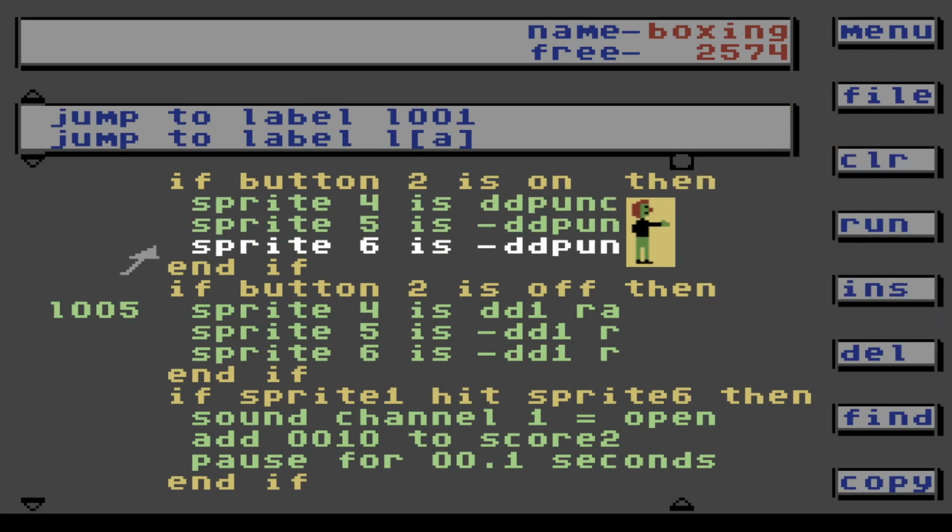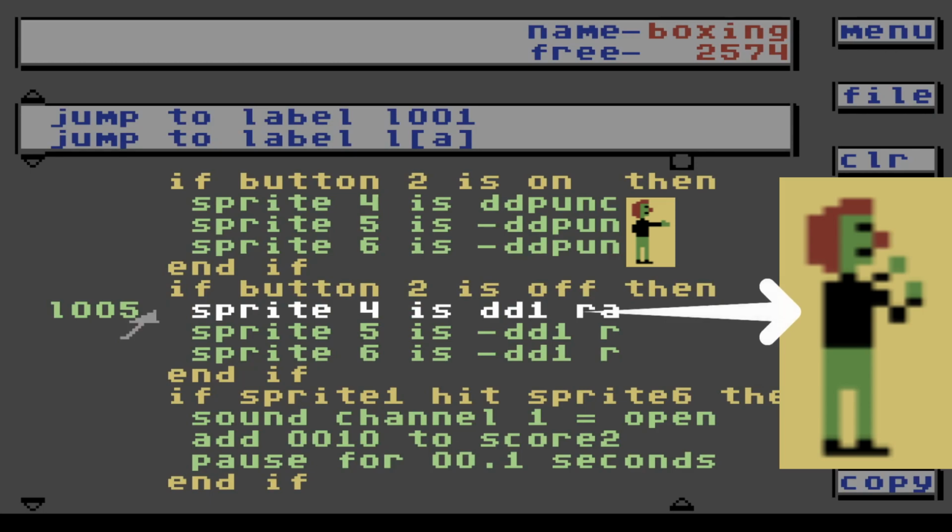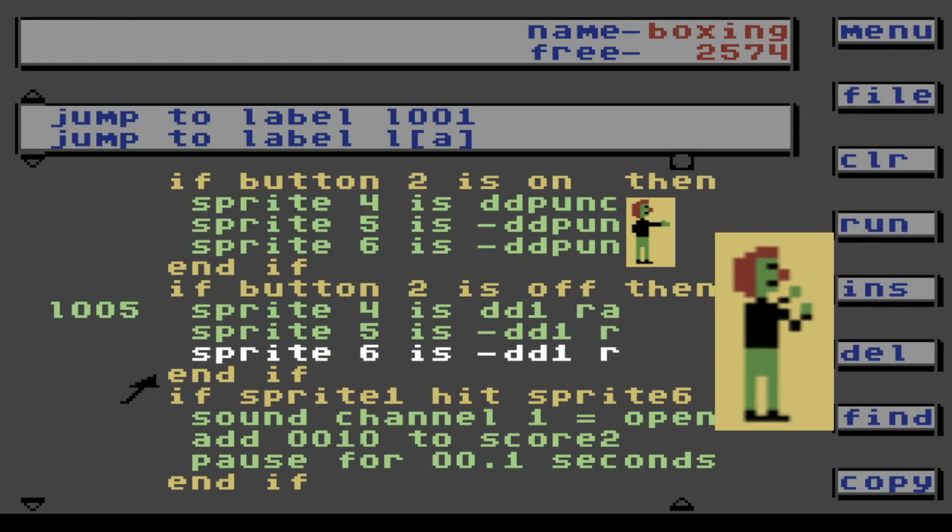Sprite 5 and 6 are the same sprite. And if button 2 is off, well, it'll be DD1RA. That's the sprite that's not punching. And